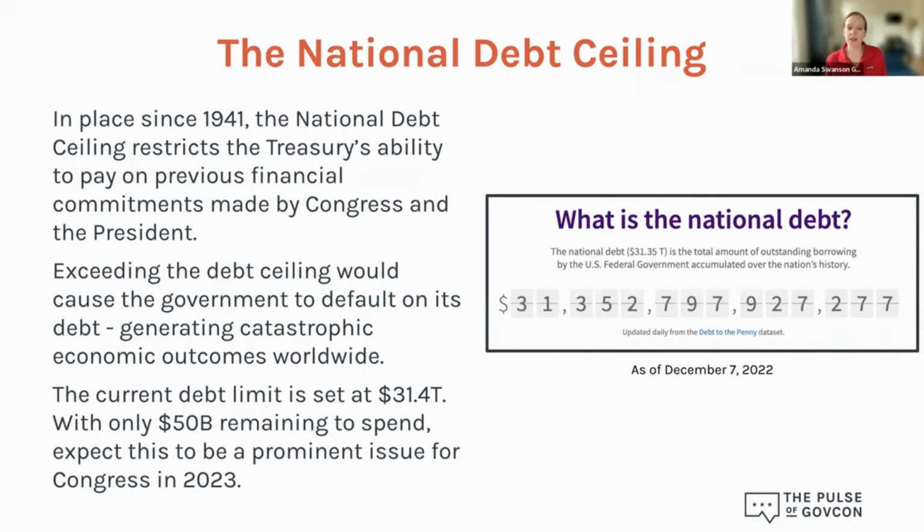So the current debt limit is set at 31.4 trillion. You'll see that figure on the right. That is as of December 7th. You can go to the Debt to the Penny website and it will show you a live count of what that debt looks like. But with only $50 billion remaining to spend against that debt ceiling, expect this to be a very prominent issue for Congress in 2023. Funding the government past the middle of next year will require significant action in this area. So it's something